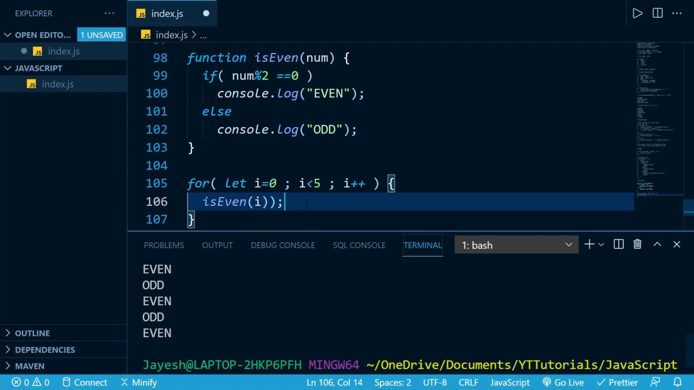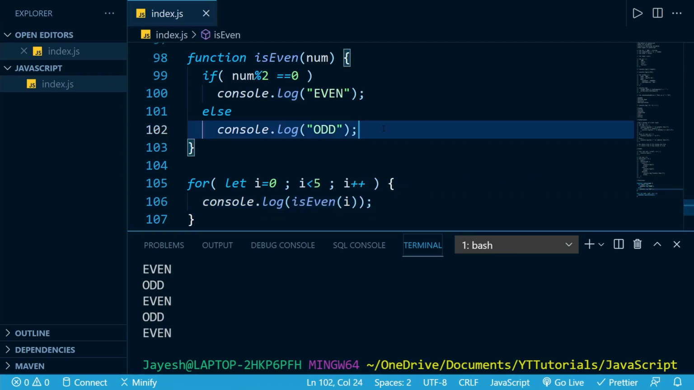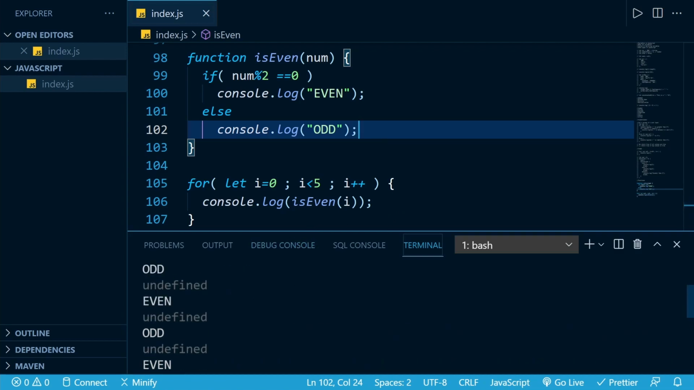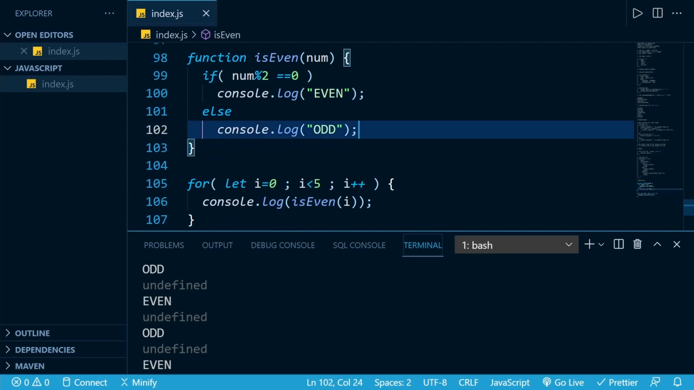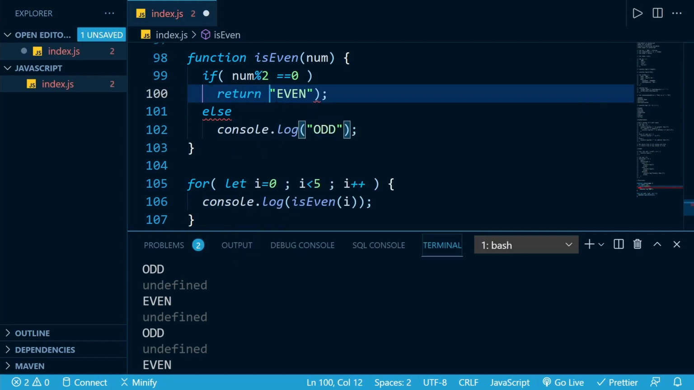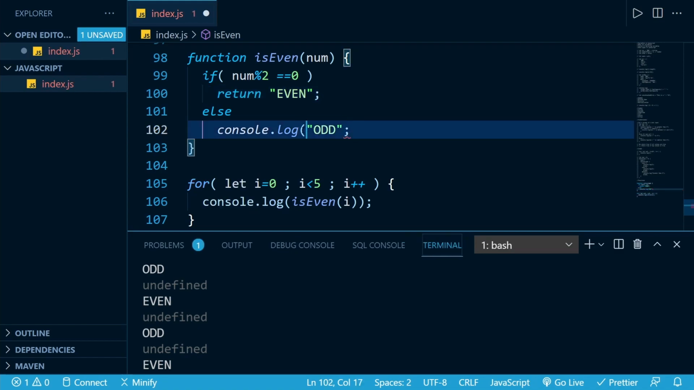So why was there undefined? Because when we are calling a function, we always expect a return value. So this was not returning anything, so that's why it printed undefined. What do we mean by returning a value? For example, instead of printing even, odd here, what we could do is use the return keyword and do something like this, and here as well. So return,